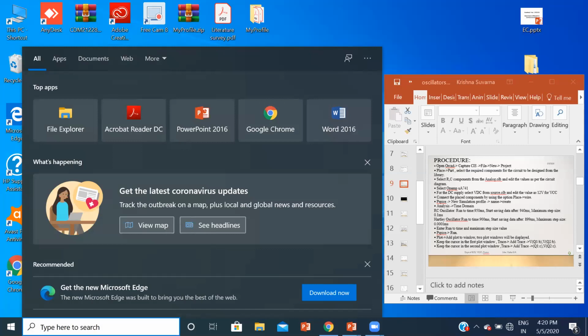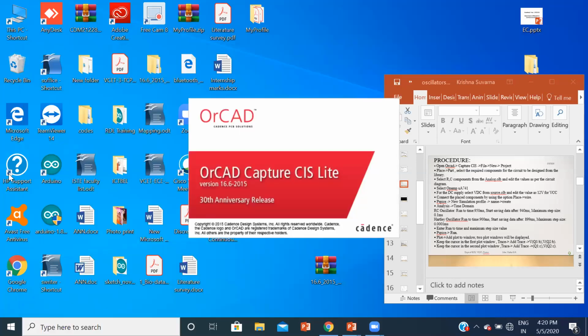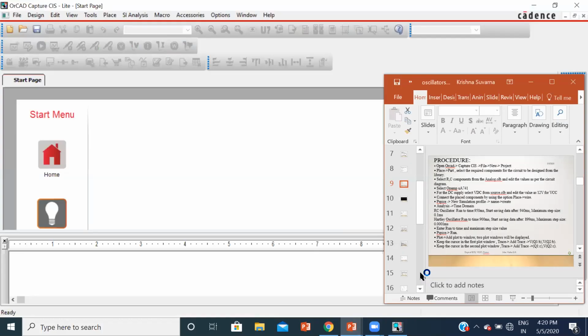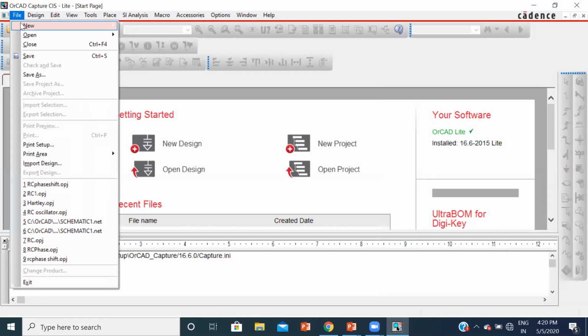You need to type here; you need to install the OrCAD PSpice software initially. When you type OrCAD here, you'll get OrCAD Capture CS Lite. Open that. The very first step is you are going to click on File, New Project.